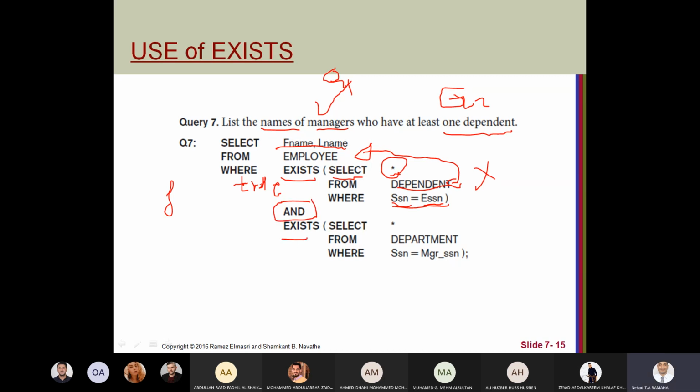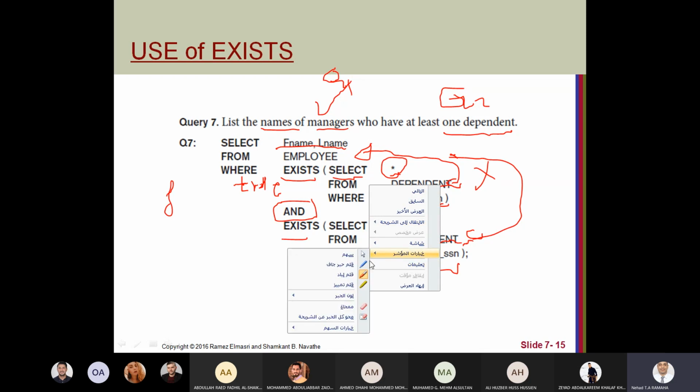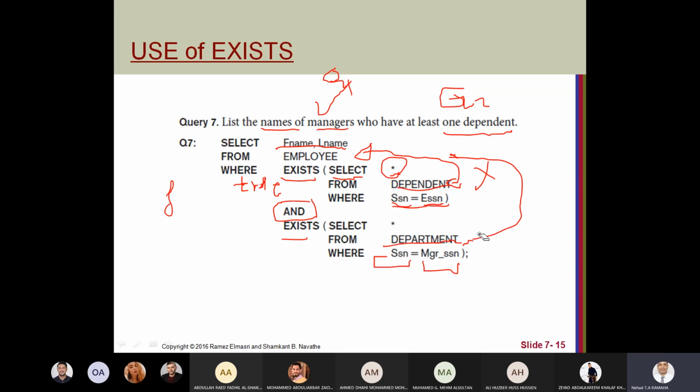Okay, and if exists that this employee is a manager, how do we check if the employee is a manager? We go to the department and check if his social security number is the same as the manager of any of the department. So this condition connects department and employee.